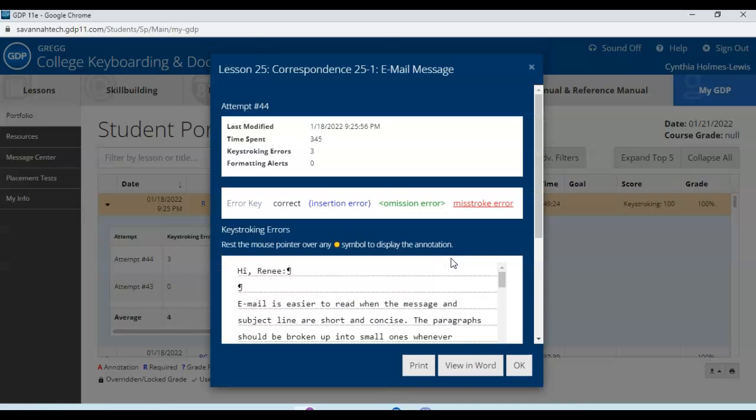So when I click on the detail, it gives me a dialog box that comes up with my 44th attempt, and it says, hey, this is what I spent on it, 345. I had 3 errors, and I had no formatting errors. So when you see the color black, that being said, it's correct. It is correct. When you see the color blue,